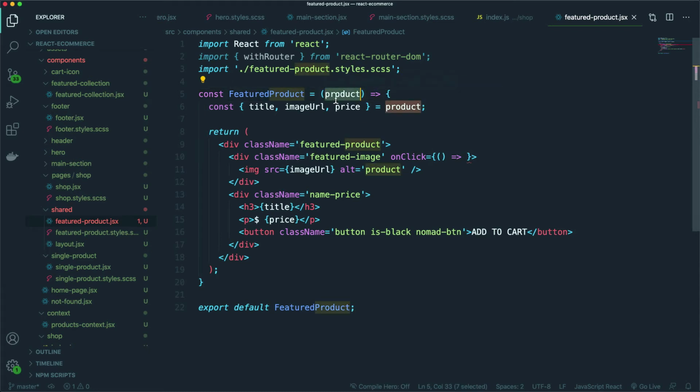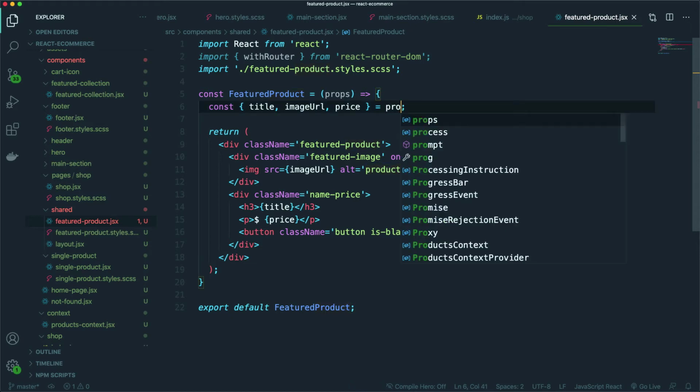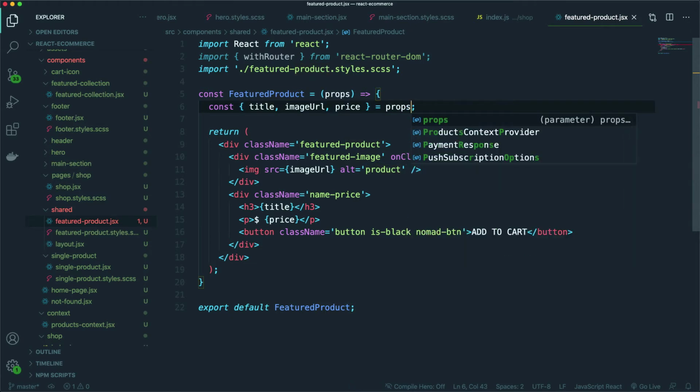So we've got the product here, so what we want to do is update that to be props like this, and then pull off the product from props. So we're going to say that's going to be props like that, and then we're also going to be pulling off the history as well. So we're going to pull off the history,